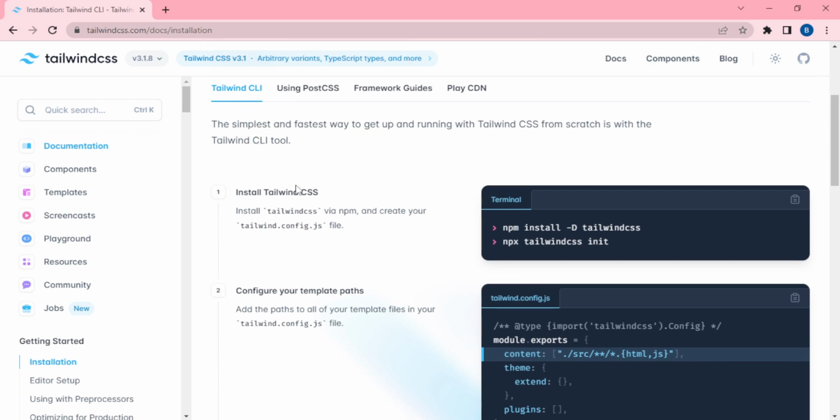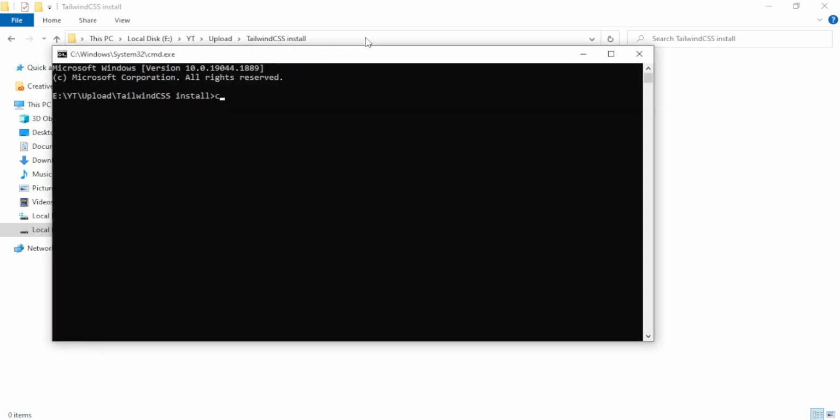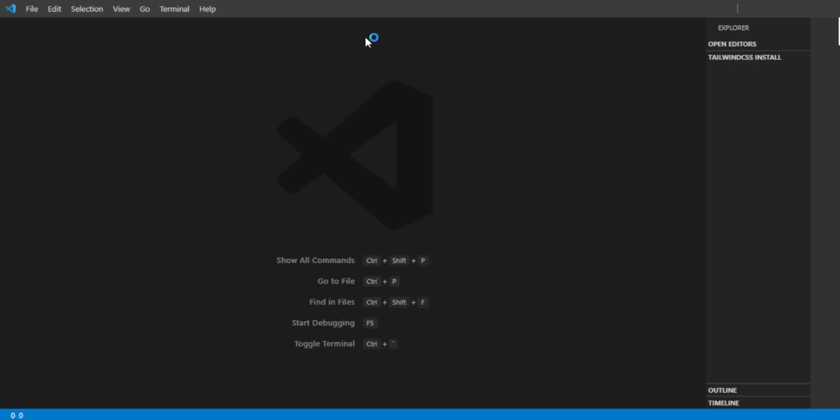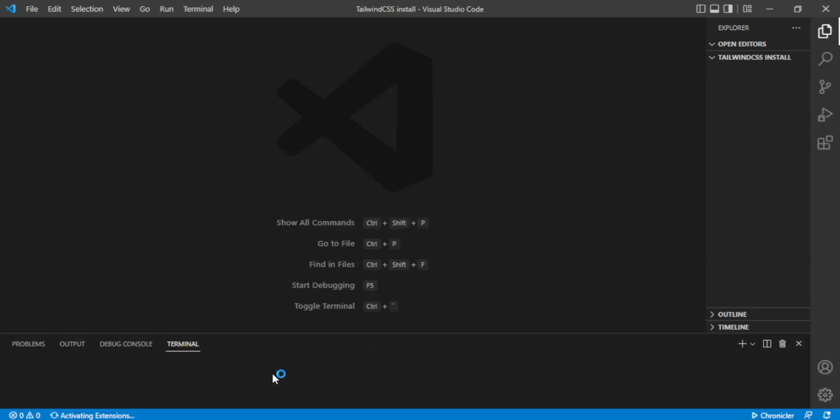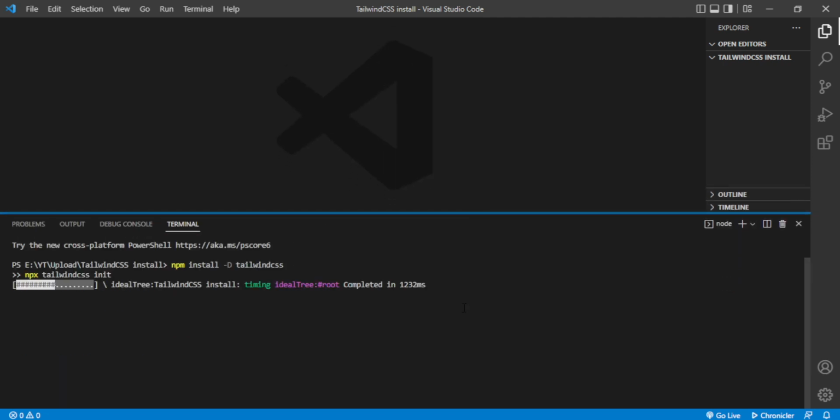For this we need to install the npm package manager. So I'm sure you have already downloaded it, and let's copy this and go to a VS Code file. So let me open VS Code. So VS Code is open. So let me open our terminal and paste the command, and I've already pasted it and hit enter. So wait for a few seconds